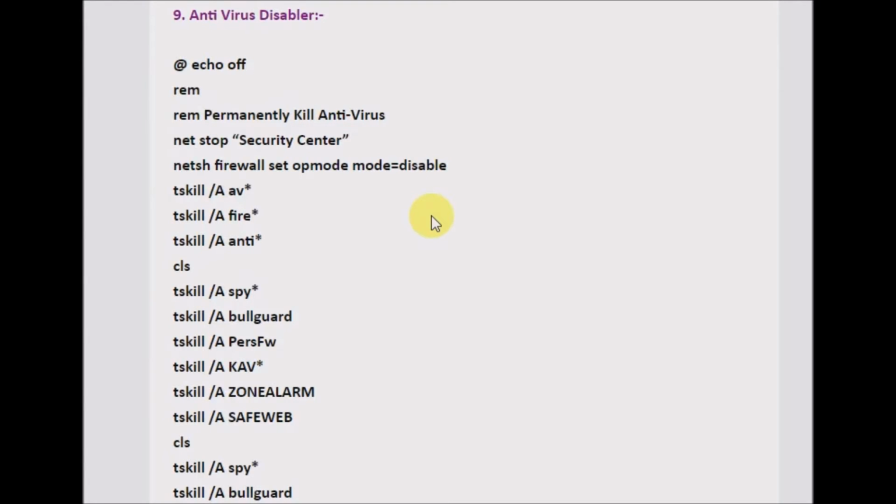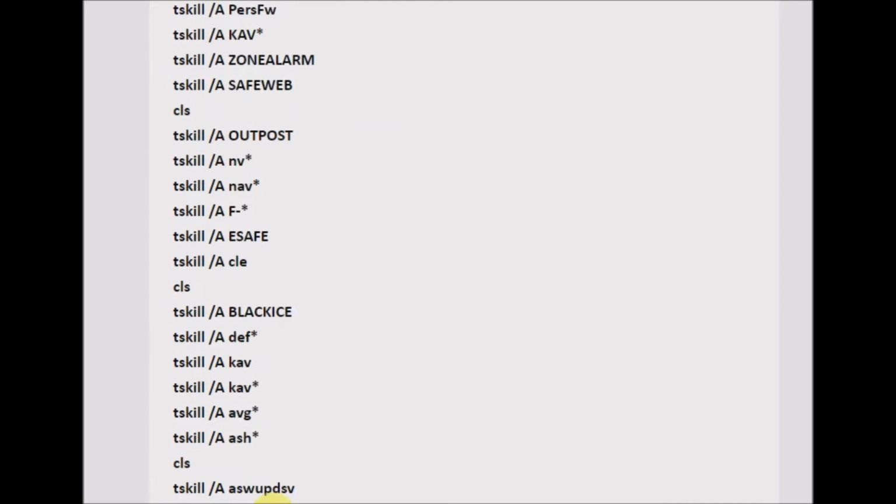Our ninth virus is very interesting because it is going to disable the antivirus. So if you guys want to disable the antivirus and make your virus truly rule over the system, this is the piece of instruction, and it is very lengthy, so I'm going to be splitting it into two parts. Just pause this video and write it down into your Notepad or whatever your text editor. And the second part is, after that, just start copying from task kill